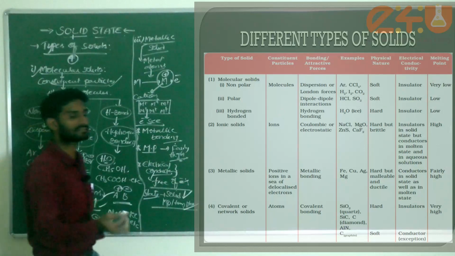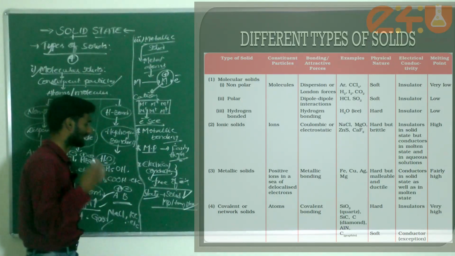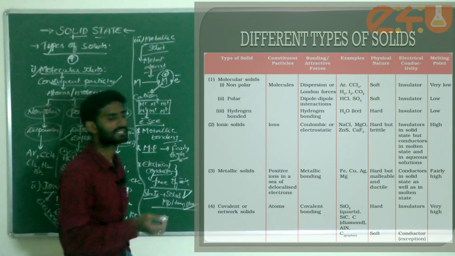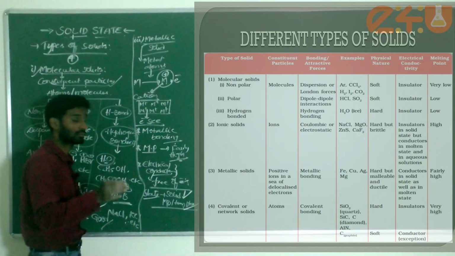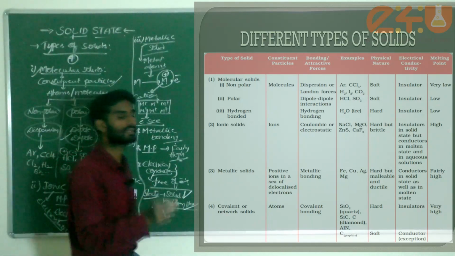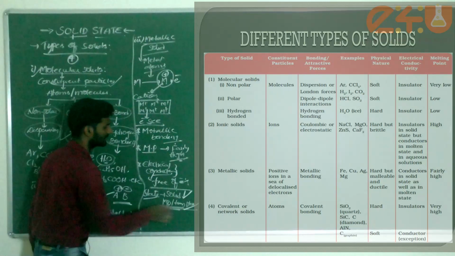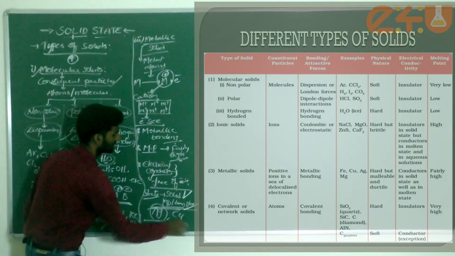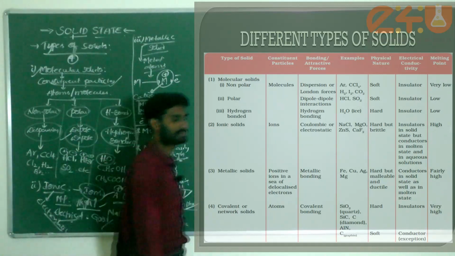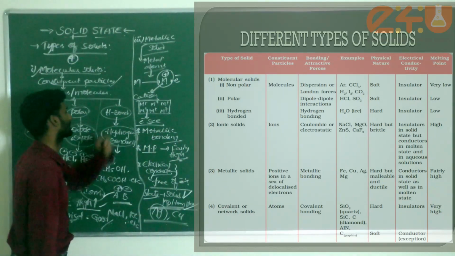Generally, for example, the best conductor of electricity is silver. Next one, copper. Next one, gold, and iron. Some different metals we have to consider. The best conductors of electricity are silver and copper. Because of that only they are used in electrical appliances. Am I correct? This is about metallic bonding.